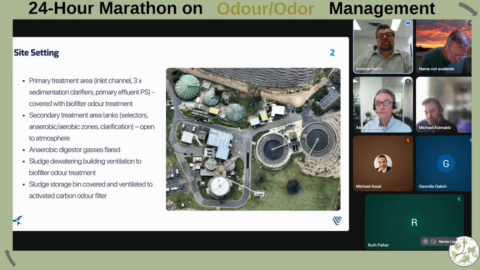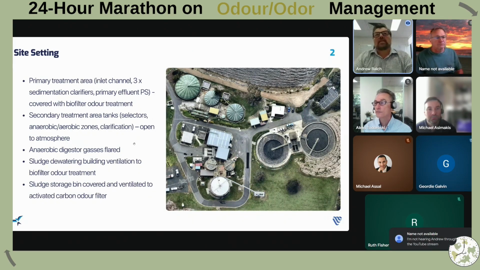The plant has a mixed odour control approach that's typical of Australian wastewater treatment plants. What makes this particularly interesting for our method development is the contrast between,